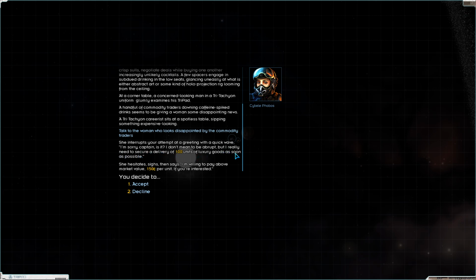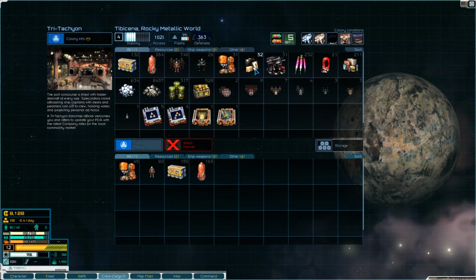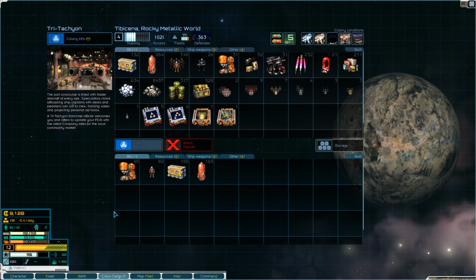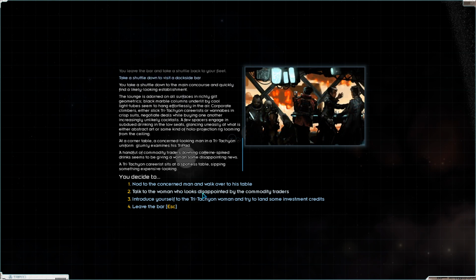Deliver 100 units of luxury goods as soon as possible. Willing to pay 150 creds a piece. Luxury goods are 100 bucks a piece. It's not really good money, and I only have 8,000 bucks in hand. Kind of need to make some money somewhere before I can go after...